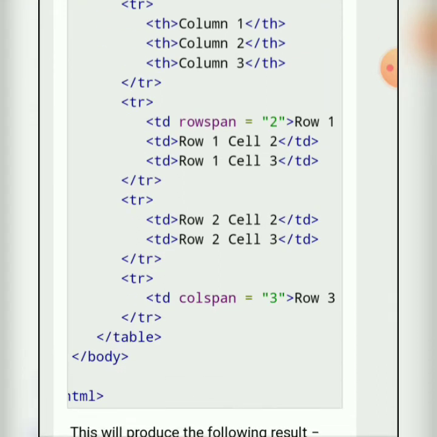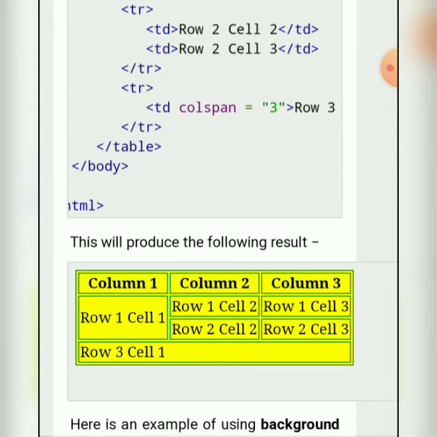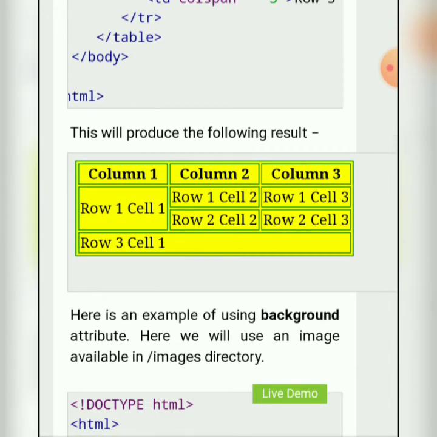Then in the second table row we span the row, and we initialize row 2 cell 2, then row 2 cell 3. Again we specify the third row as a column span. So here is the output. The whole table gets a yellow background, and the border is in green color.